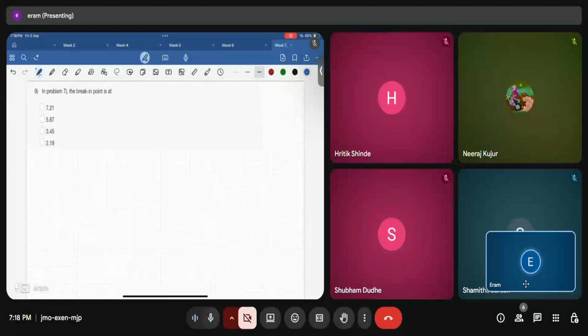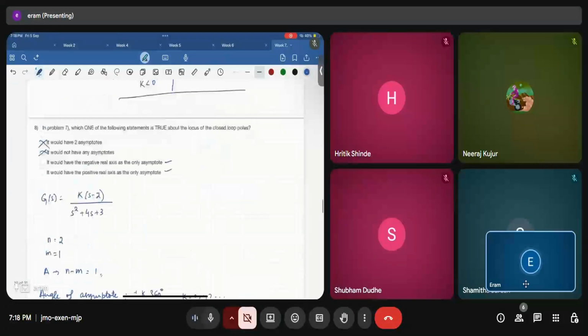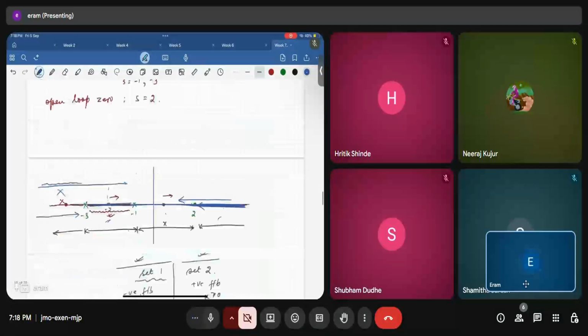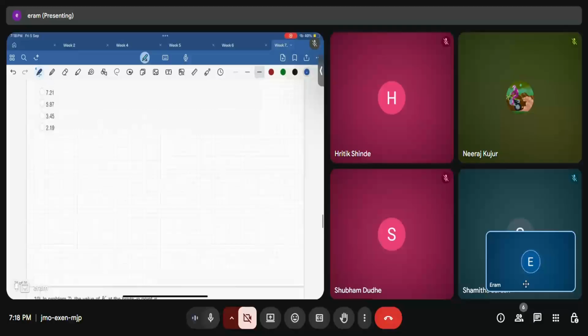Again we have to solve the characteristic equation, differentiate it, calculate for s, and then check if we are getting a positive k or not, because in this problem are we dealing with positive k? Yes, but the feedback is positive. Okay,